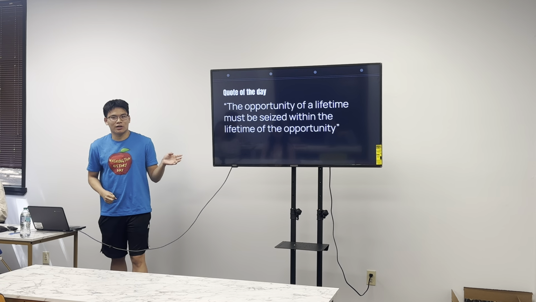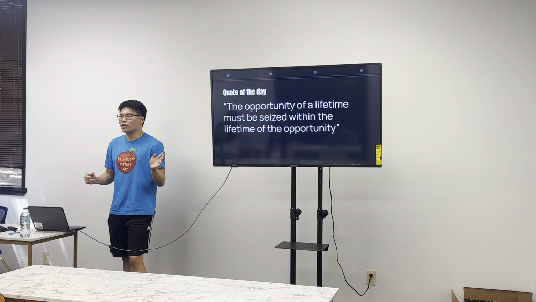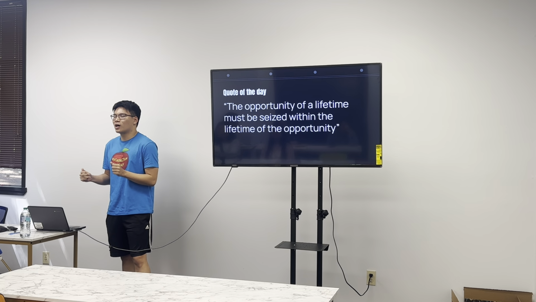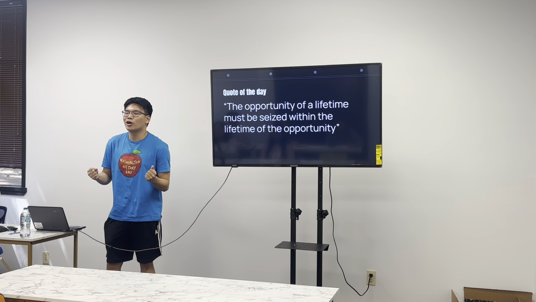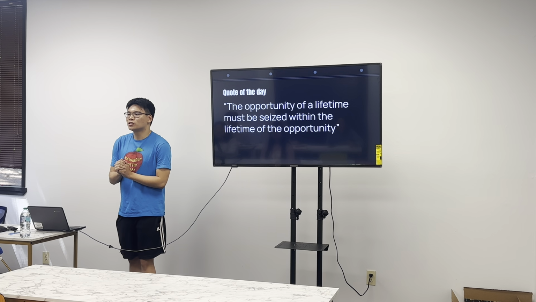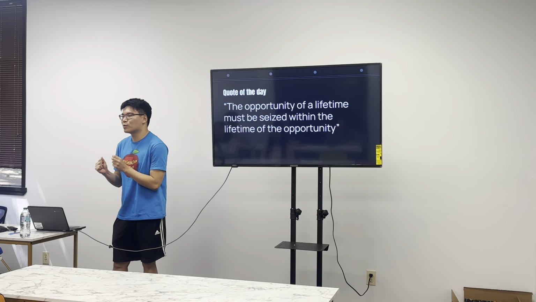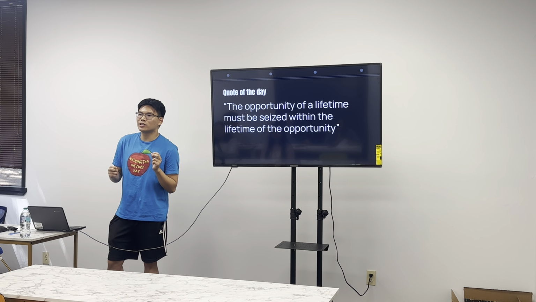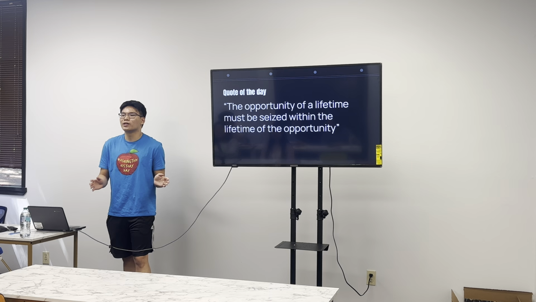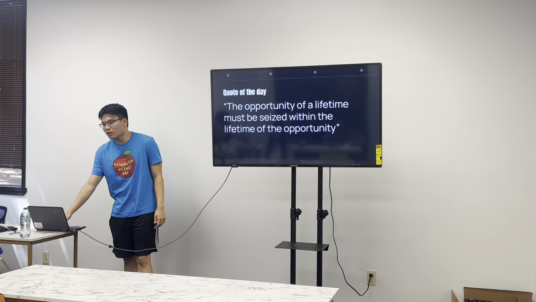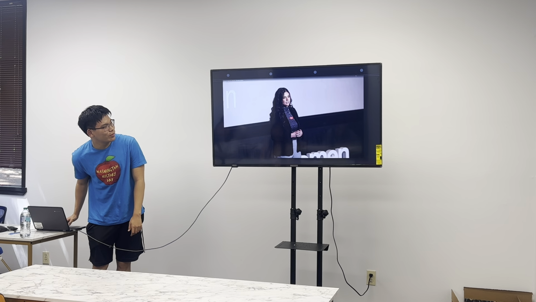It's a good piece of advice in general, right? Because in life, we often have these opportunities, but we feel like we're too scared to do it. We feel like we're going to get judged if we take this opportunity. So I think understanding the importance of opportunity and being grateful for the chance to have these opportunities is very important. All right, and now I have a TED Talk that we will be watching.